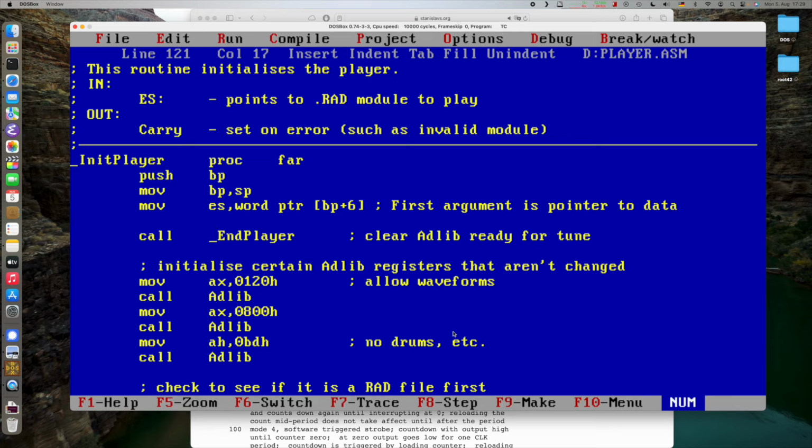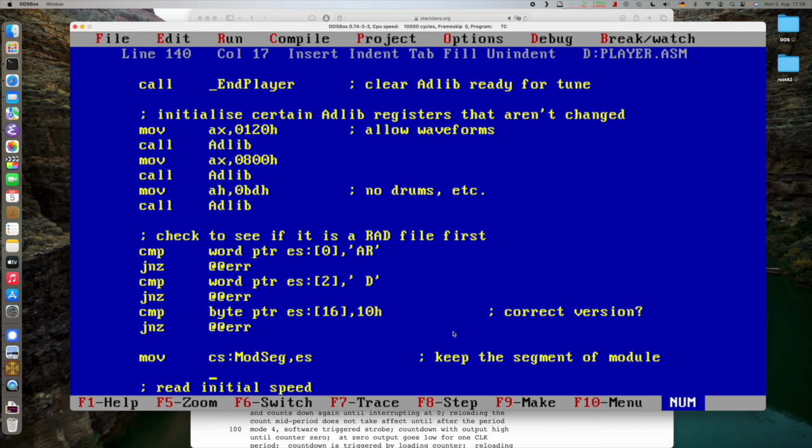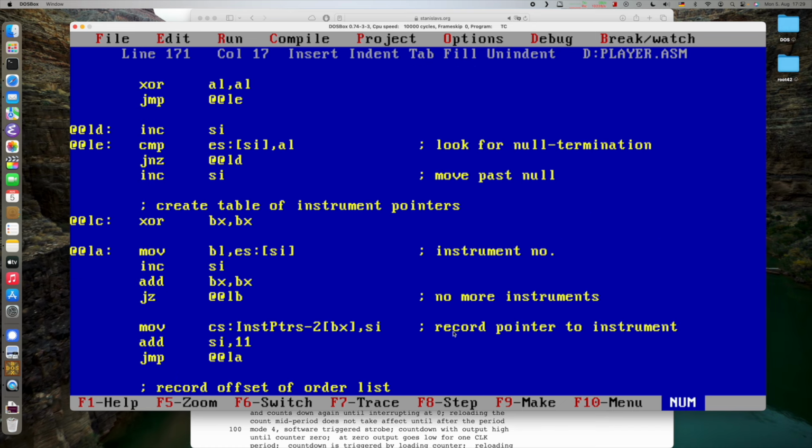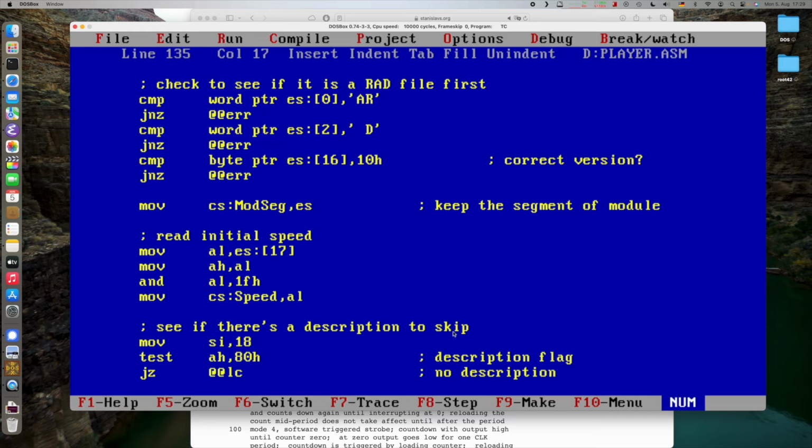And the next thing that it does is actually call also the end player routine. If there are any lingering notes, it will clear them out and make Adlib shut its mouth, basically, and be able to start fresh from a new music piece. And then there's a lot of things happening that you can read at home, but it's basically setting everything up and getting ready, testing. For example, here, if the file starts with AR and DN space, red space,